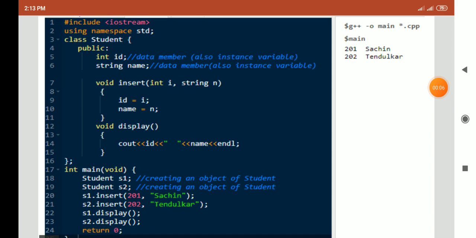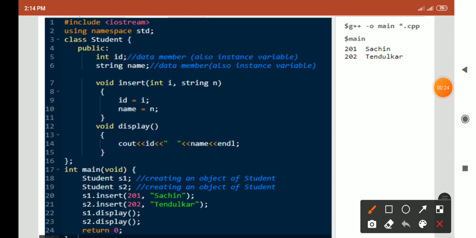In the previous lecture, we saw how to define a class and how to create an object. Okay, and also we saw various examples on classes and objects. So now we are going to see how to define methods outside the class. Previously, we were creating a class and defining the method within the class, as shown in this example. Okay, now today we are going to see how to define a method outside the class.